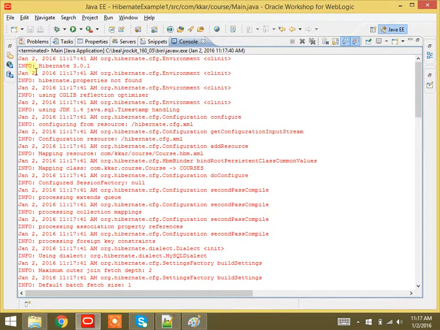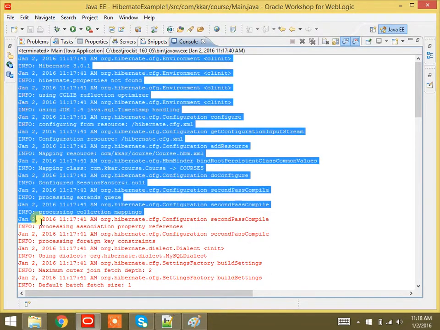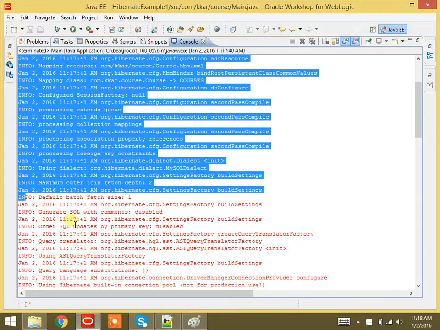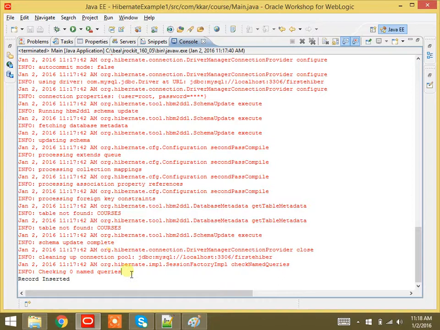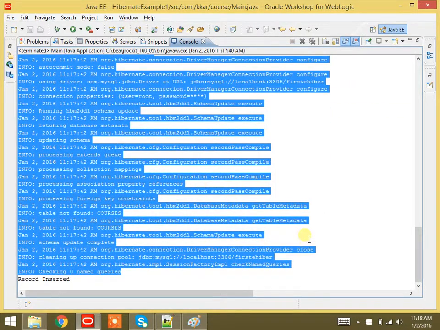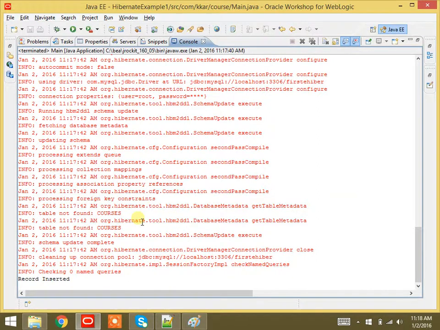Each and every statement will have some information: when it has been logged, when it has been registered, what beans we have specified, and what we have enabled or disabled. Everything will be specified here. If you get any exception related to the mapping, everything will be displayed here. You can see the connection we have enabled here is JDBC MySQL first Hibernate. That information is also displayed here. In the sense, it has connected with this username and password, and everything is shown here.